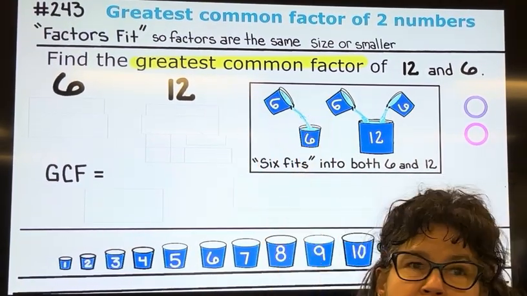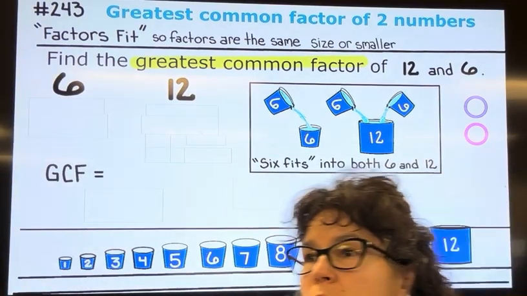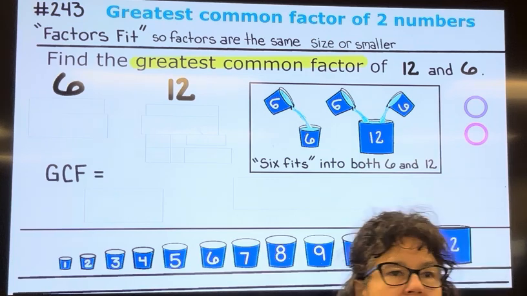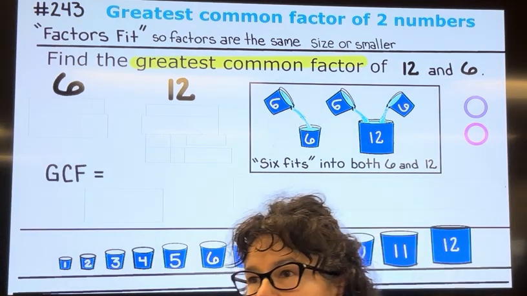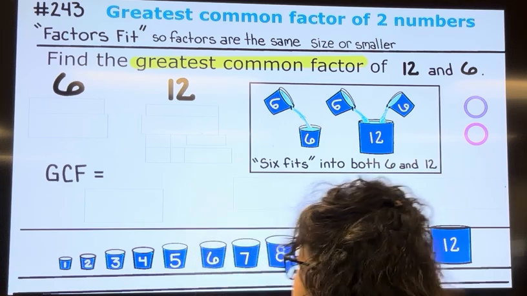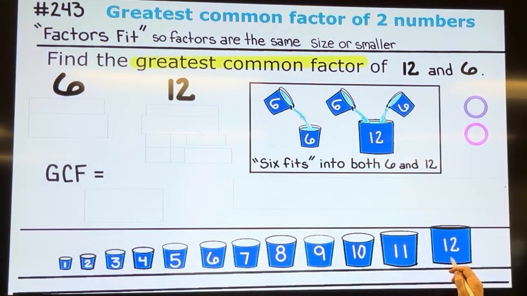A greatest common factor, which often is just referred to as GCF. An easy way to remember factors is factors fit. So if I have some cups, and let's say that one of my cups